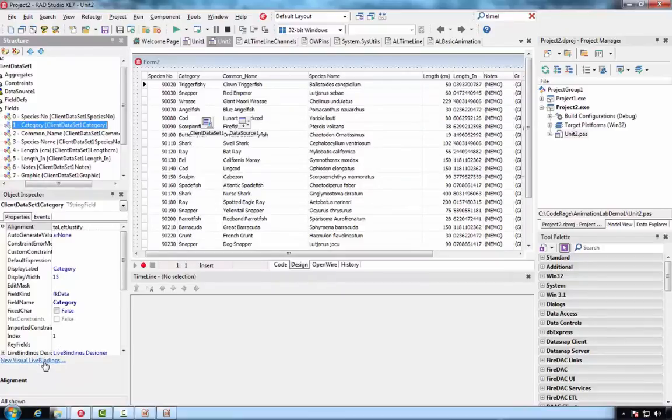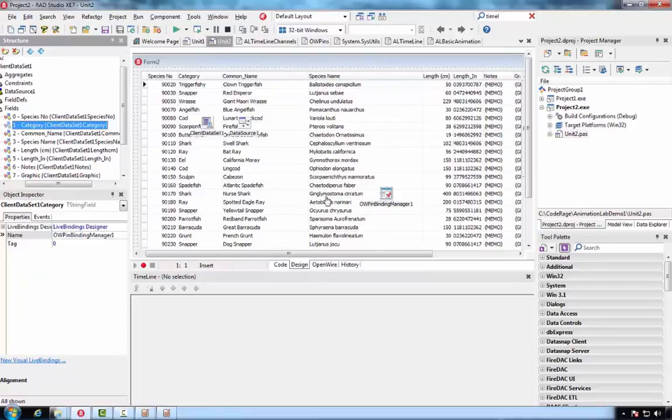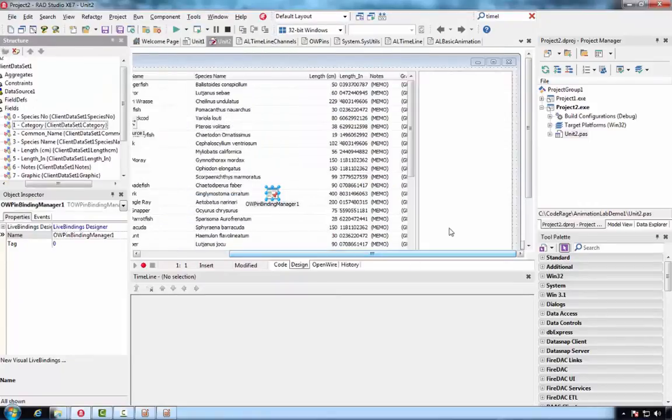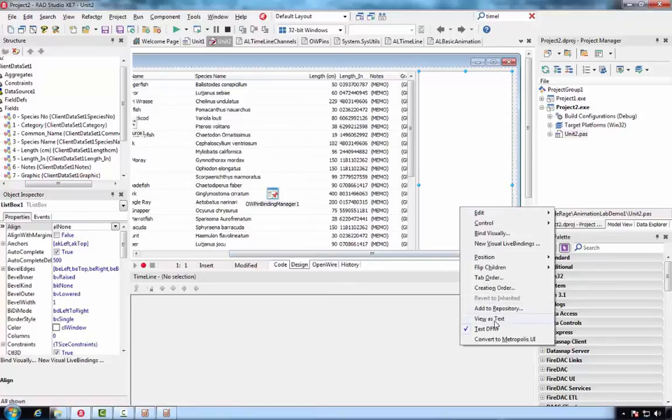I will add new Visual Live bindings for the categories. Then I'll add new Visual Live binding for the list box.